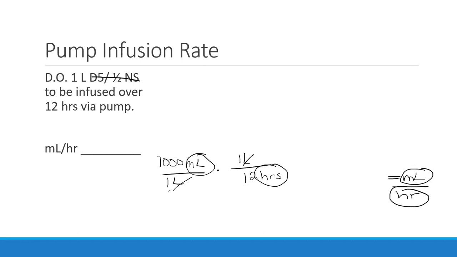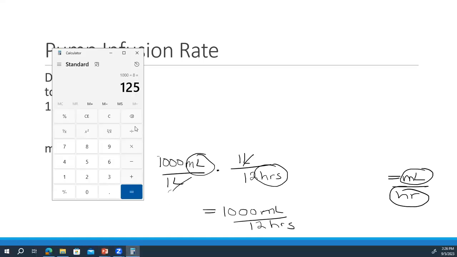No. So now this is going to equal 1,000 mLs all over 12 hours. Let's go ahead and do our math. We've got 1,000 divided by 12, and that gives us